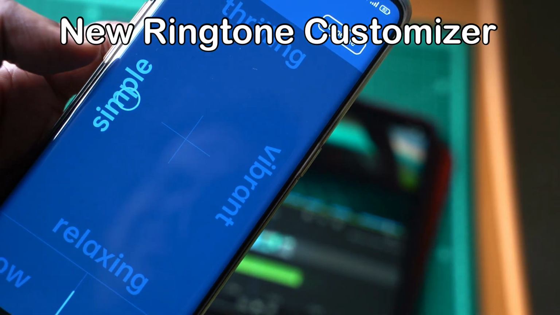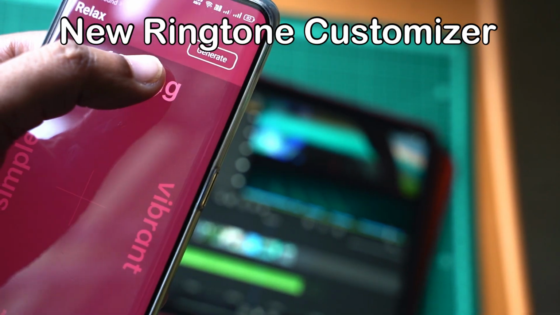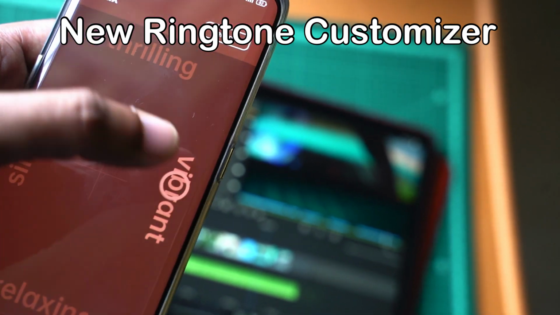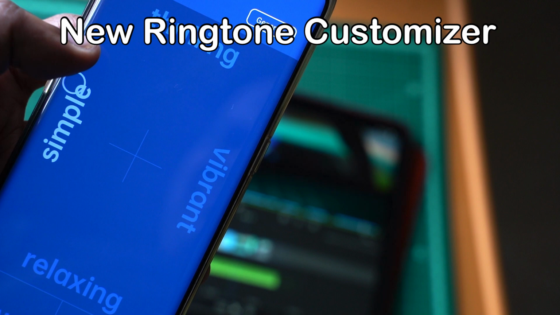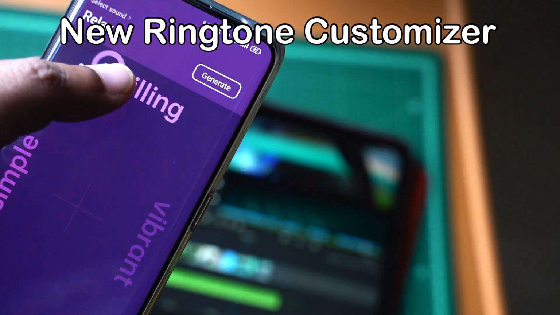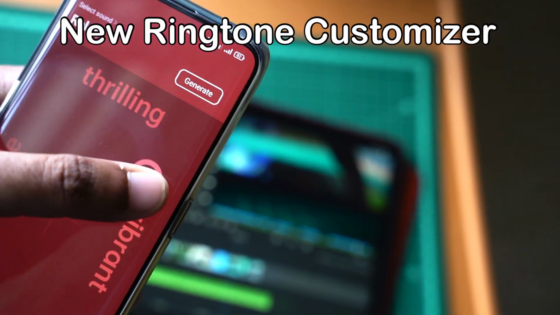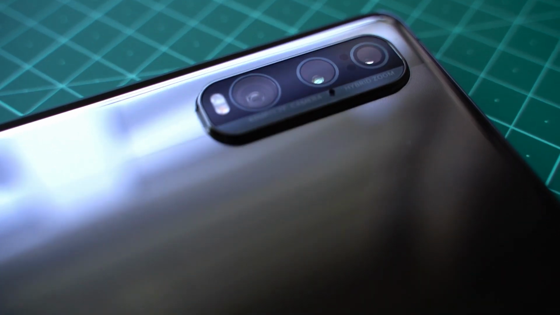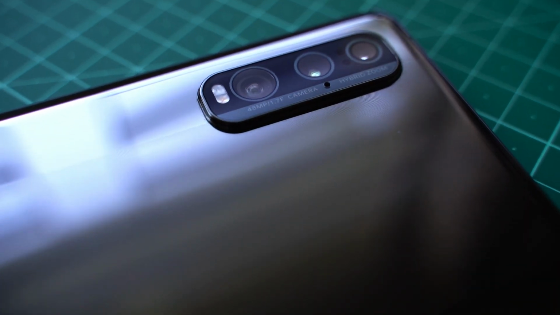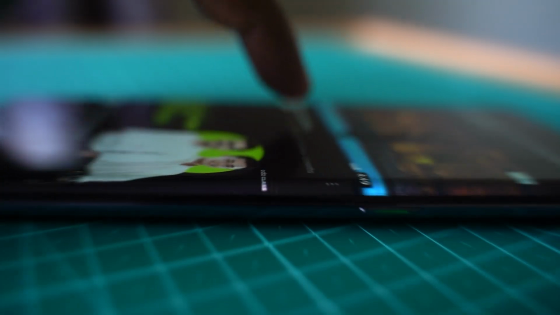There is also some settings upgrade that has been present in the camera app as well as the gallery or the editor app. The editor app is now more advanced and can be directly accessible from the camera app itself. So to describe those features, I'll be making a small separate video, because there are a lot of settings inside that camera app, as well as the advanced editing that is available now inside the camera app.